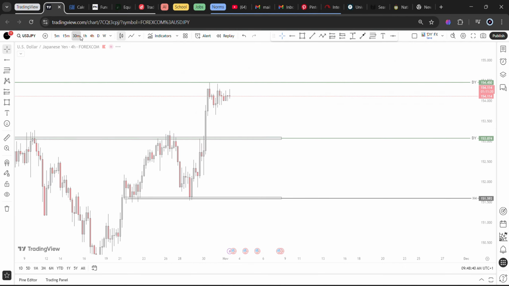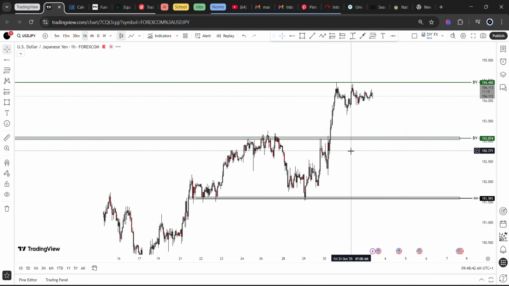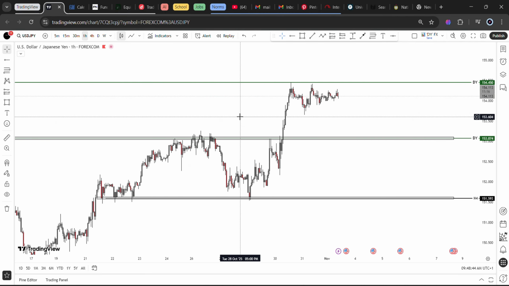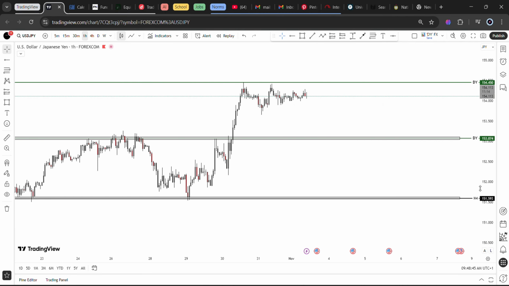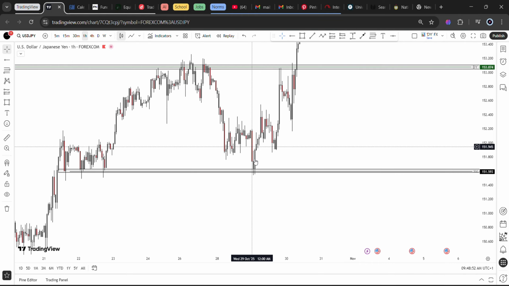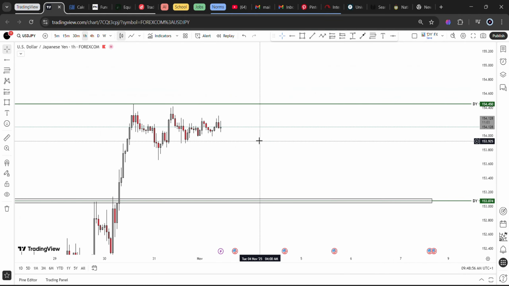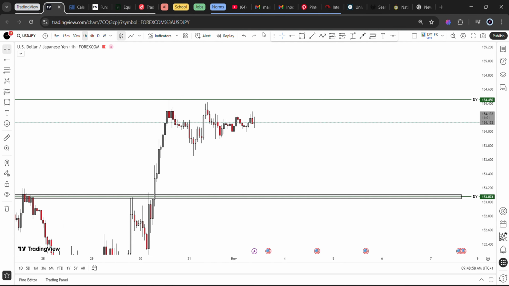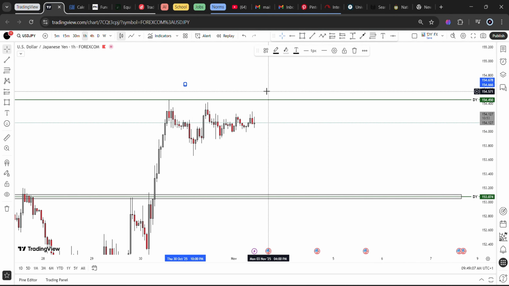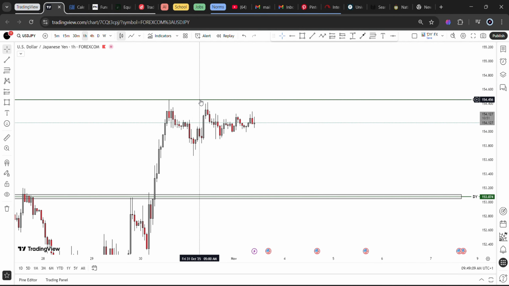Now what we are waiting for on USD JPY is very simple. If you watched our last video, you know that we predicted this buy move, and the market came to our entry zone, then gave us our confirmation on the lower time frame for the buys. So we've been anticipating this buy throughout last week, and we were able to catch the buy moves. So now we are looking at buy continuation as well on the daily